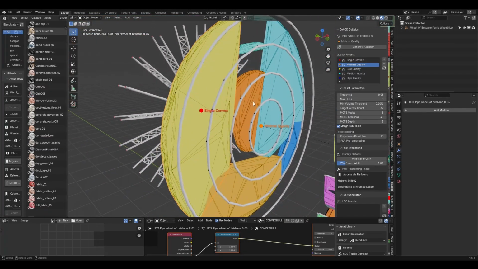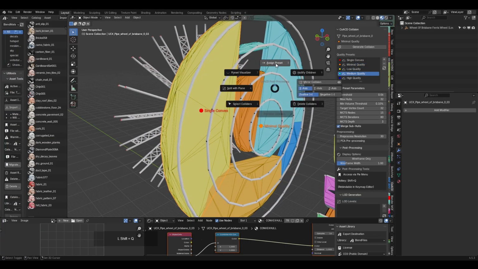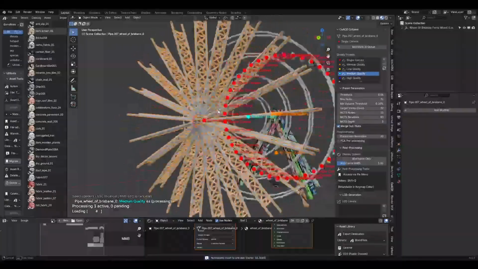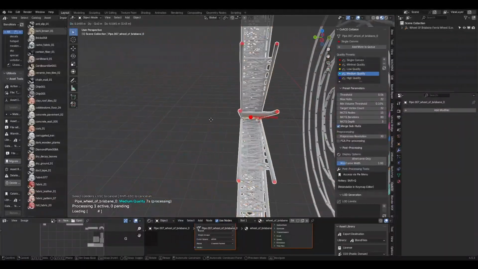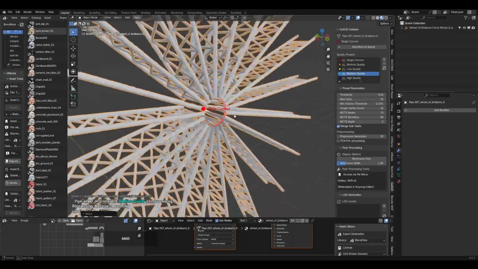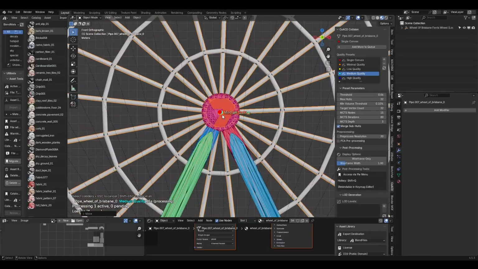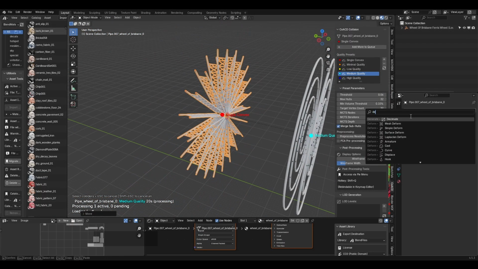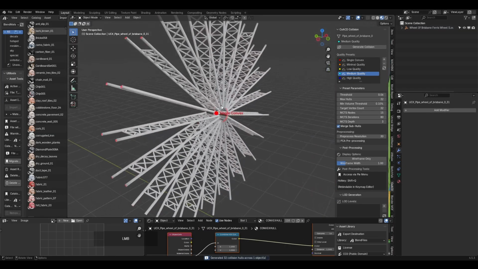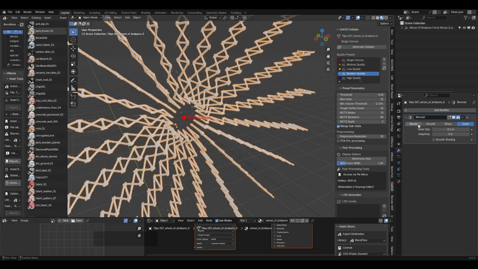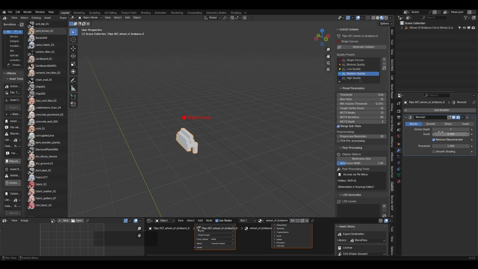So let's start with the rings. I think this will go up to medium quality. And for this, this is probably a good edge case. When things go into the middle like this, you need another approach. So what I recommend is you actually get the remesh modifier. You increase this,